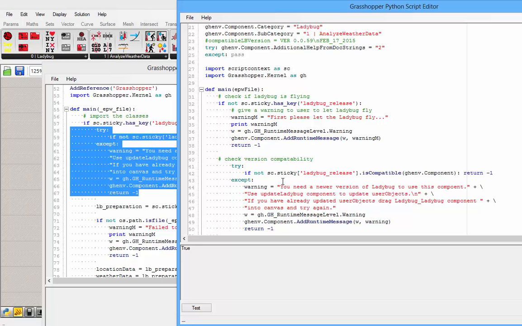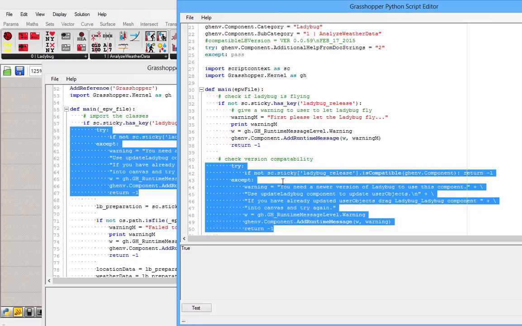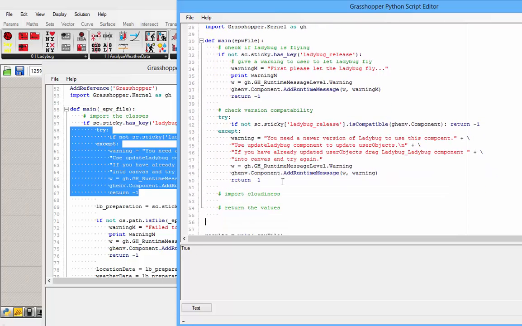So as you can see, lots of the code is just defense. If you are a developer already, you know that it's not about writing something that works, but mainly about guessing what can go wrong and making sure you're fixing all that stuff before getting to your code. So all these things that I wrote up to here have nothing to do with what I really want this component to do, but it's just checking everything is fine. So now that everything is fine, I can go ahead and import